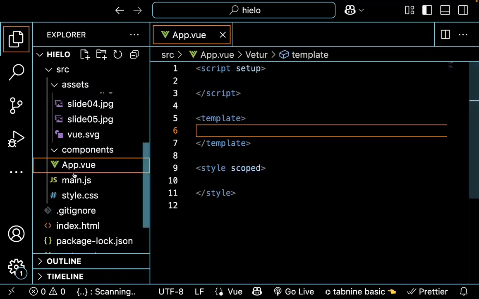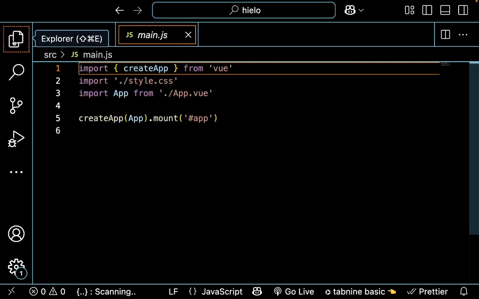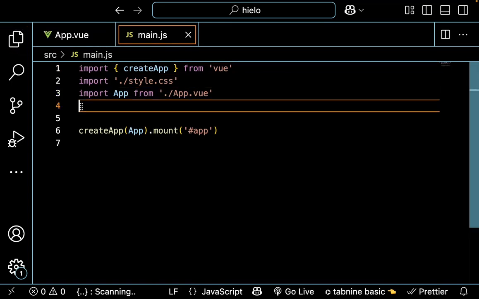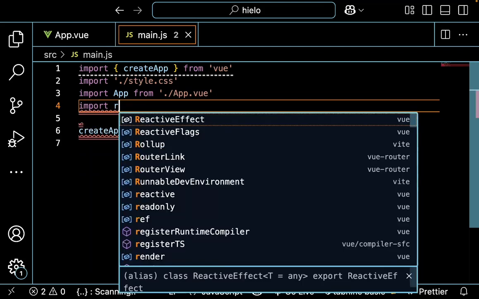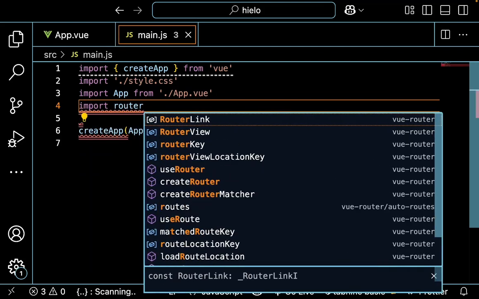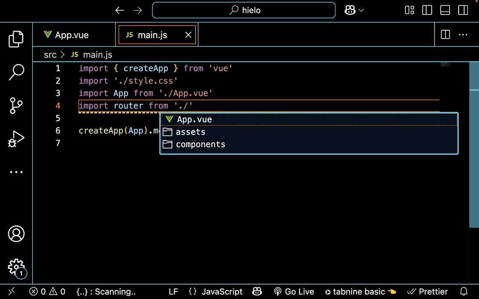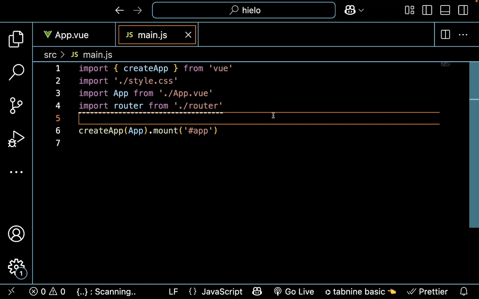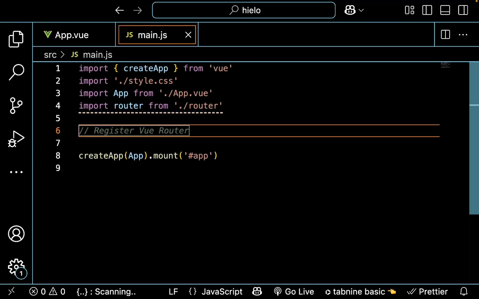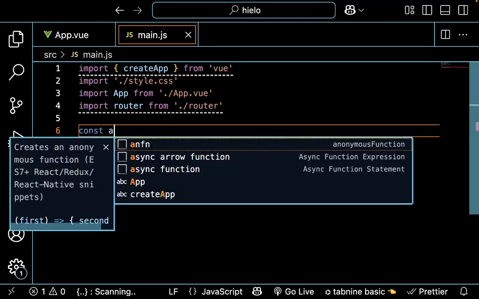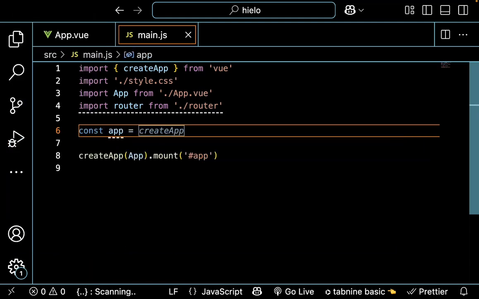We head over to our main.js. In here, we're going to import the Vue router. So I'm going to say import router from router. Now we've imported that. I want to say const app equal to createApp